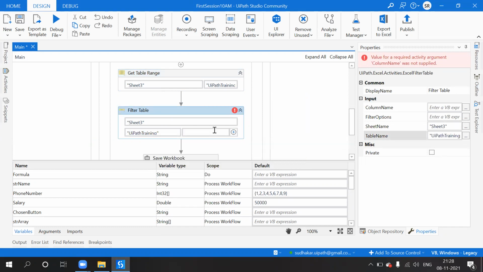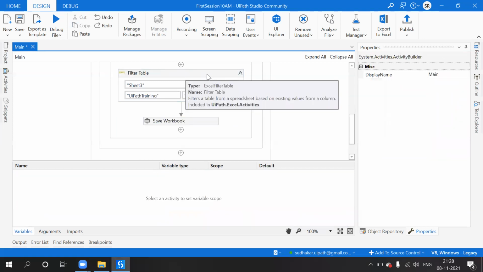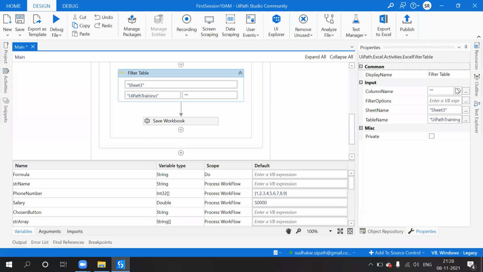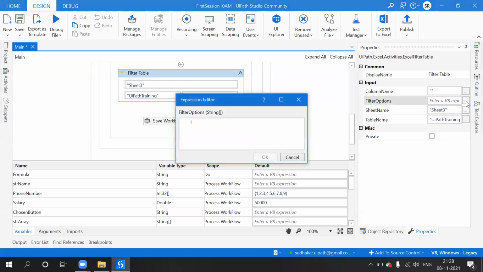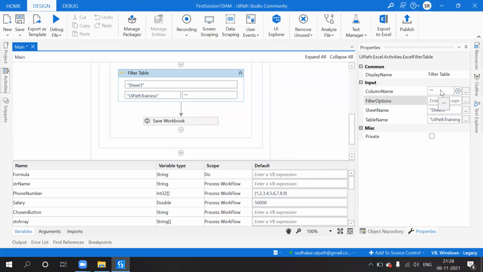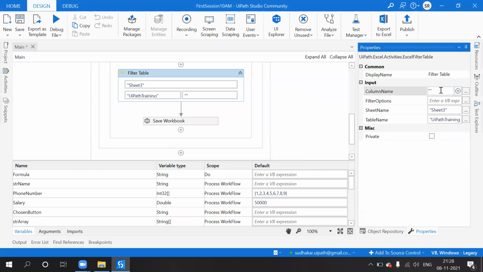So under which column you would like to apply a filter? Okay, so under which column? Filter options. The column name is